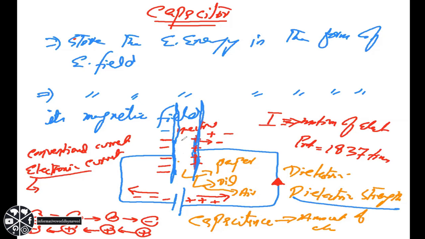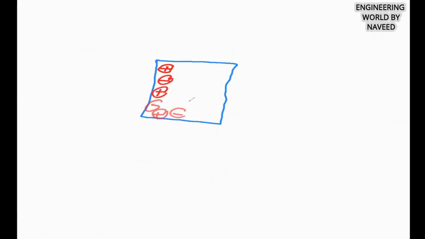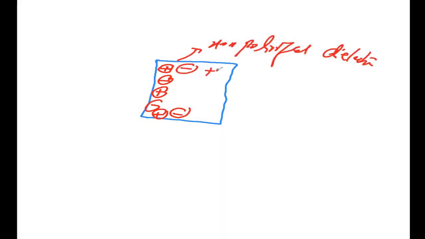So if you use an insulator over here, let's say these are the two plates, and here you are using an insulating dielectric. In an insulator we have positive and negative ions. If this is negative, and let's say this is my insulator dielectric, in a neutral dielectric, this is non-polarized, so there will be random positive and negative charges. Dielectric means insulator. Dielectric means that material which we use in between those parallel plates. So you have random positive and negative charges.